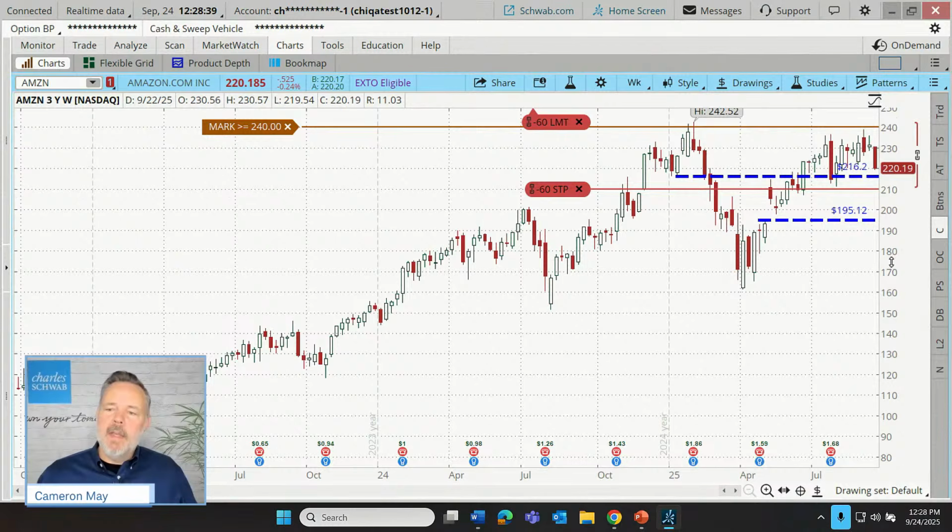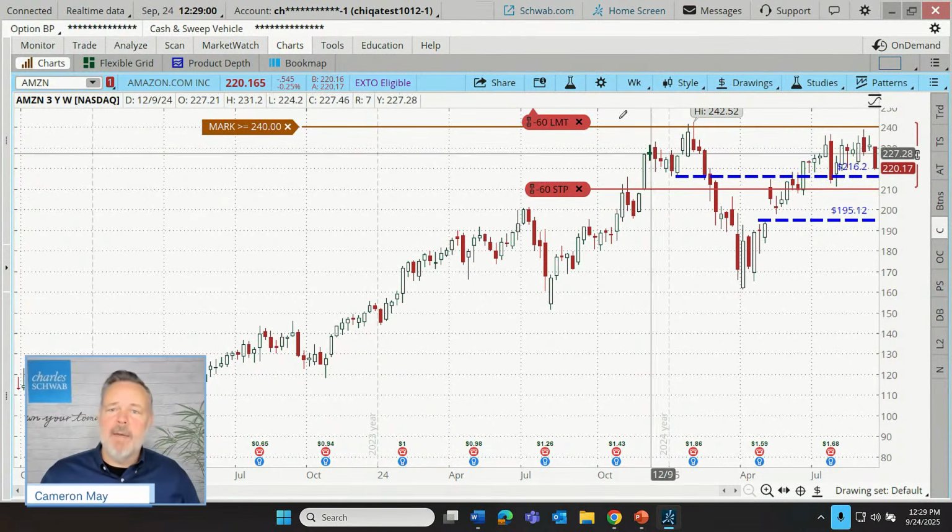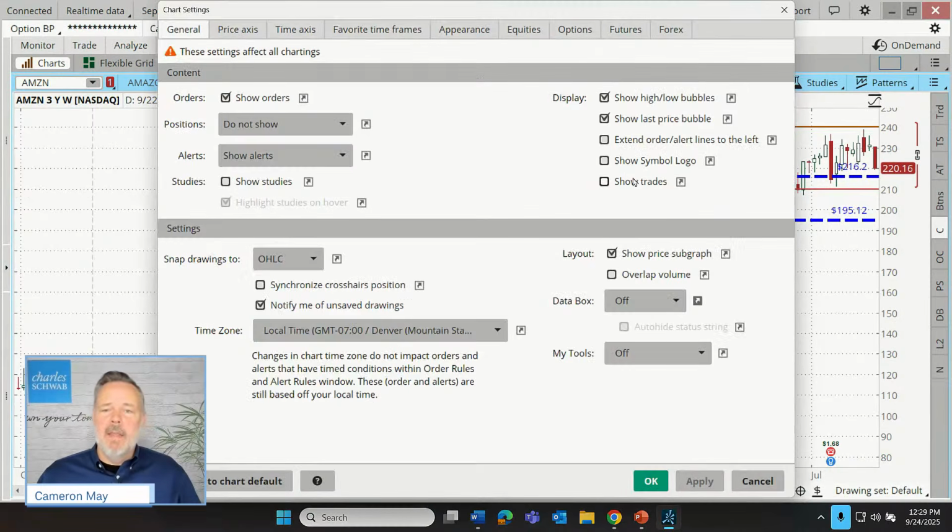But here are those $10 increments that I just chose. When I had all that other stuff on my chart, Thinkorswim said, Cameron, I know you want $10, but I can't even fit it in there. It's going to get too crowded over there. So it just defaulted to a minimum amount, whatever it takes to get it so where it can fit in those custom values. So there we go.